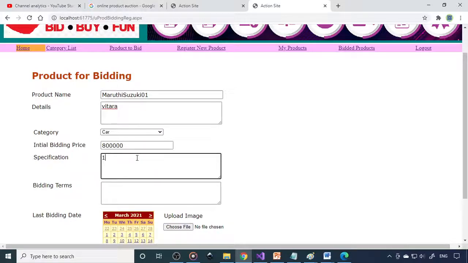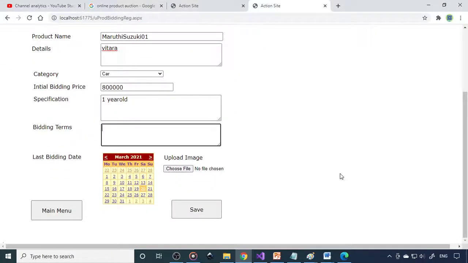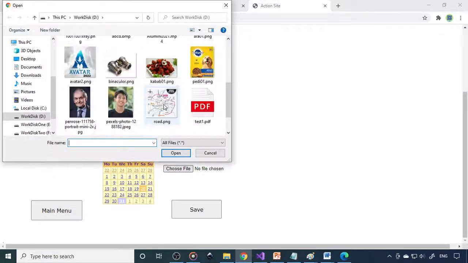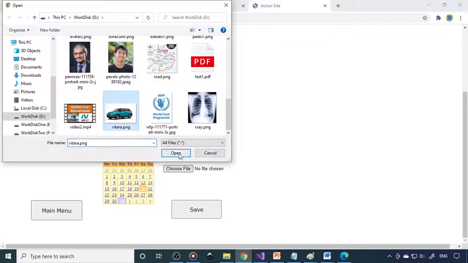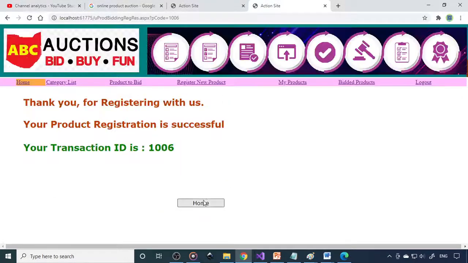Specifications, 1 year old. Bidding terms, 10,000 increase. Okay, let's make it 5,000. Okay. And the last date for bidding, you need to select, and choose the file. So let's take the car file. Okay. Save. Now you can see that this is registered for the bidding.